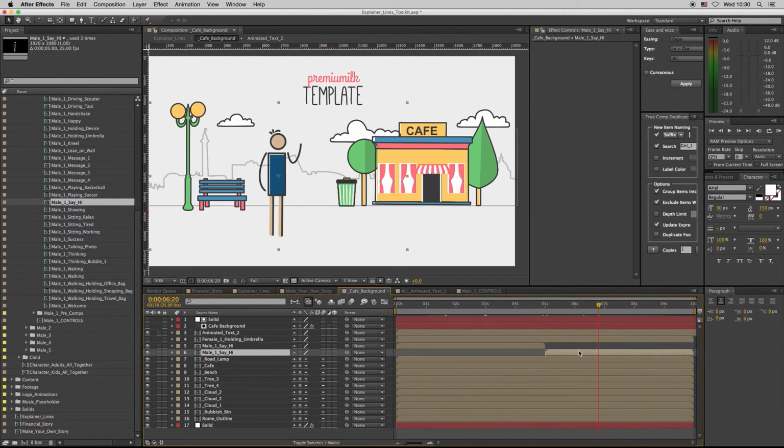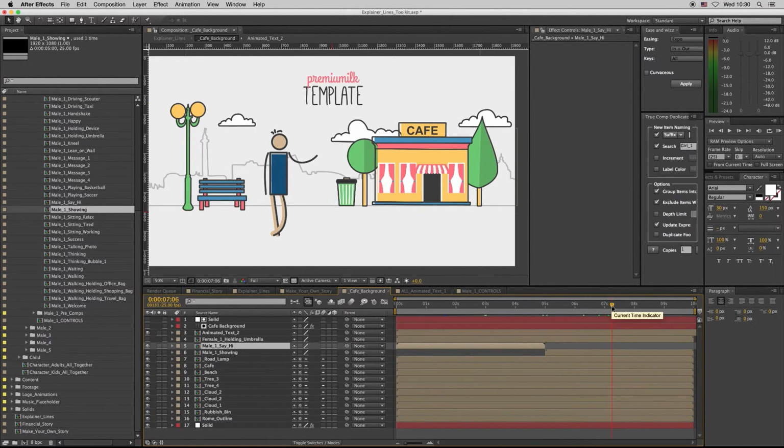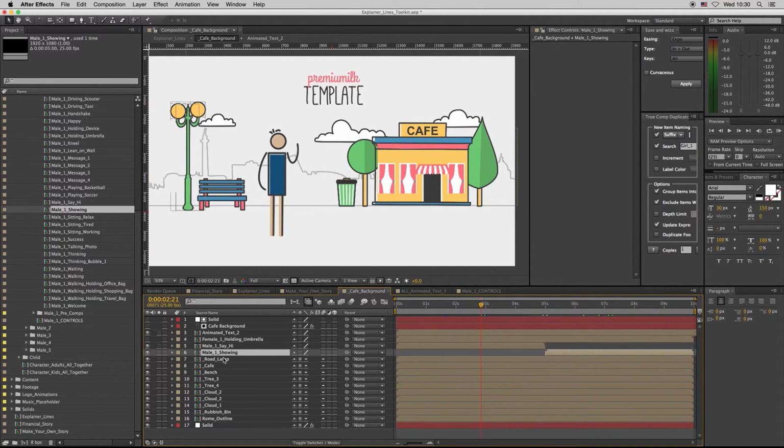If you want another pose here, hold the Alt key on a PC, holding the Alt key on Mac, I think. So here we put the male one sewing. So we have two different poses in one background composition. So this is it. As you see, I have made this background. You want to remove the outline, let's see,